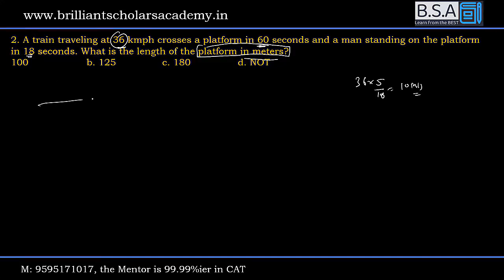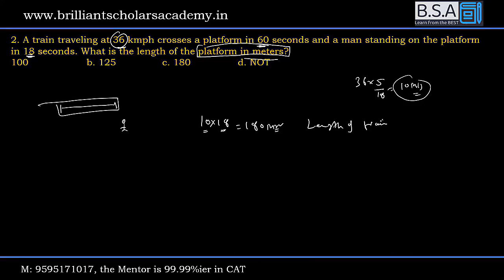When a train crosses a person, only the length of the train matters. With 10 meters per second, the train crosses a man in 18 seconds. So this must be speed into time. 180 meters is what? It is the length